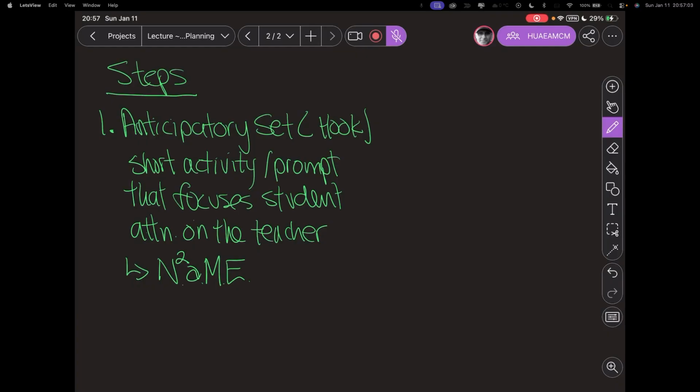So if we look at the acronym, or what Tate says, she says the following things: that if you can show students a need to listen to you or pay attention to you or focus on you, then you've got them hooked, okay? She also says that if you do something that's novel or has novelty in it, you've got them hooked.